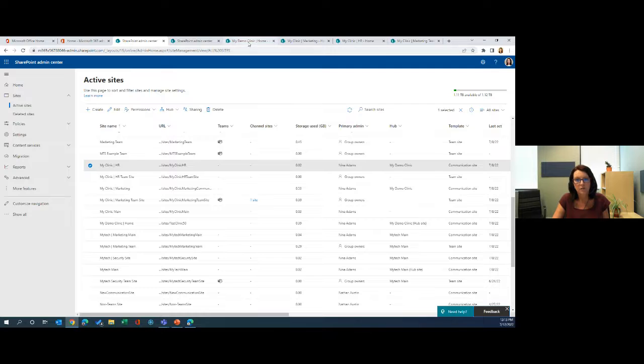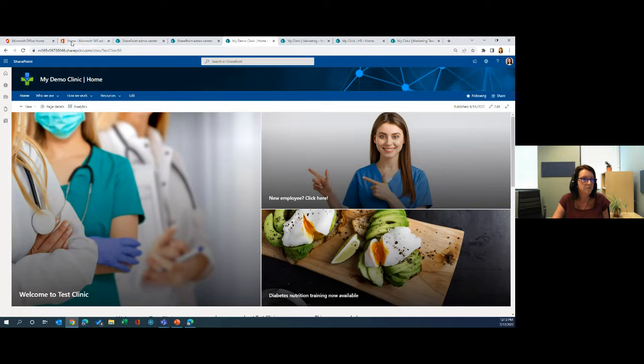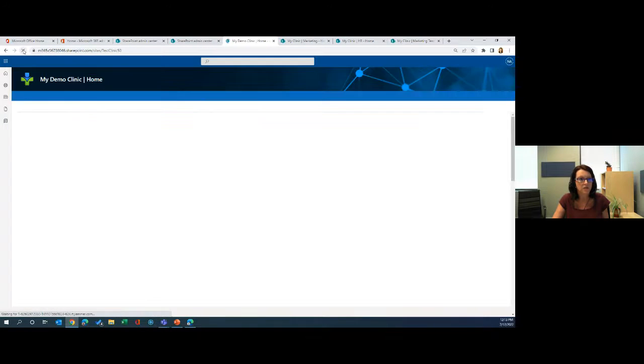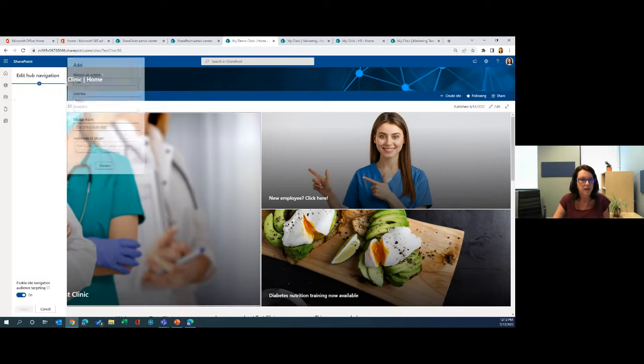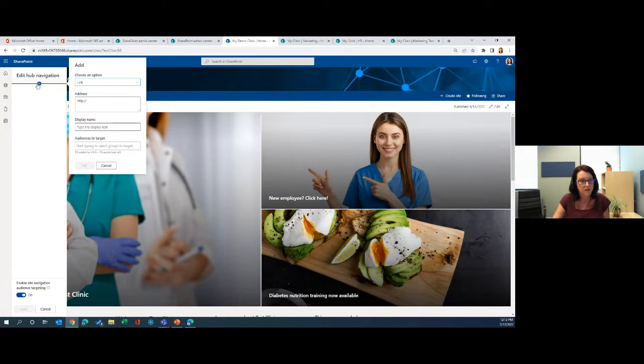Now, the next step that we need to do is if we go over here to the My Demo Clinic homepage, when I hit the refresh button, you'll notice I now have the option to add links. So this is where I'll actually now go ahead and build out my navigation. So I'm going to click here on add link. This edit menu pops up here, and this plus here allows me to go and add in different links that